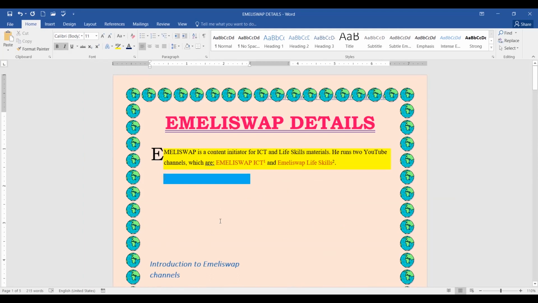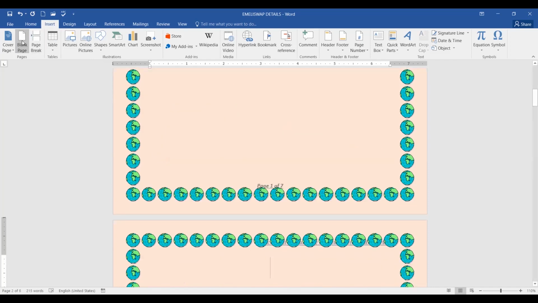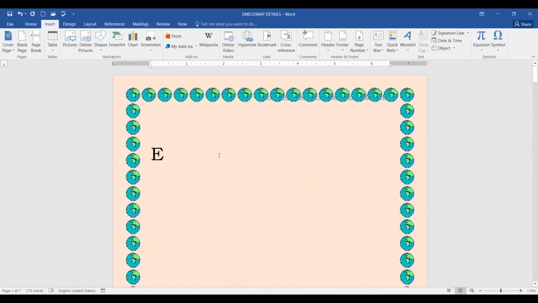So in this document of mine, I want to add a page, a new page. So I can click where I want to have a page break, like I want to have a page break before my heading, or I insert a new page. Let me insert a new page. So I can click on insert, then page, so blank page. So in my document, I can insert new page. So I have inserted a new page,